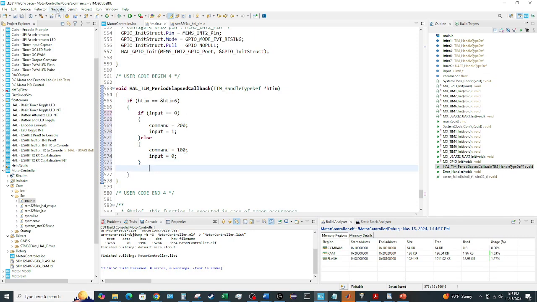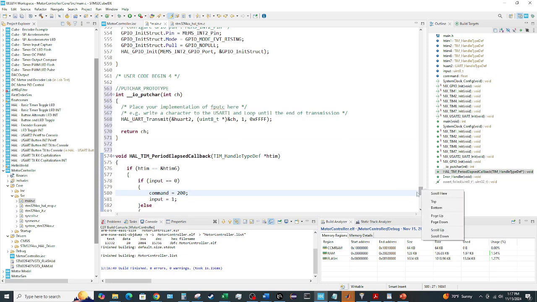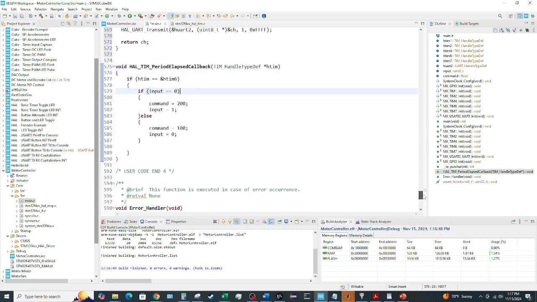Okay. All right, so we need to get our printf functionality going so we can print that to the console. So I'm going to put in the putchar functionality up here above it, so we can send printf to the UART, and let's just, in this callback function,